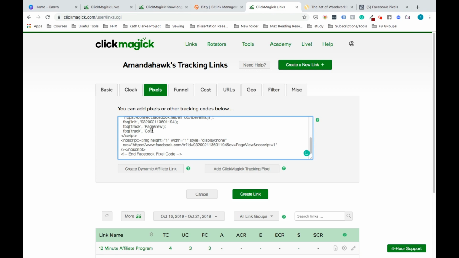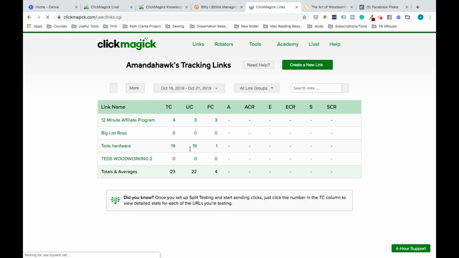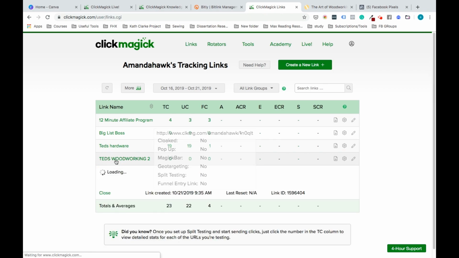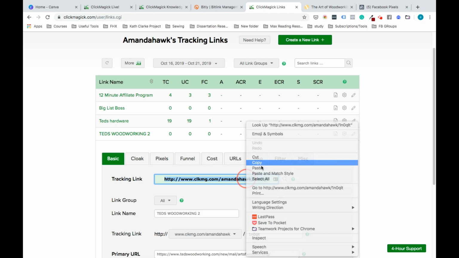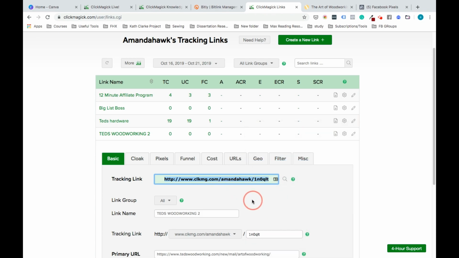Generally it'll be a complete registration, or lead if they're not actually purchasing. It's up to you. But once you've done that, you go create a link. And that will give you, if you have a look down here, Ted's Woodworking 2. It gives me a link here that I can then use in my custom conversion